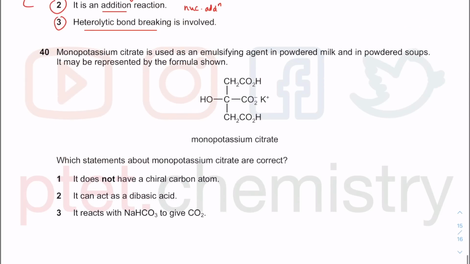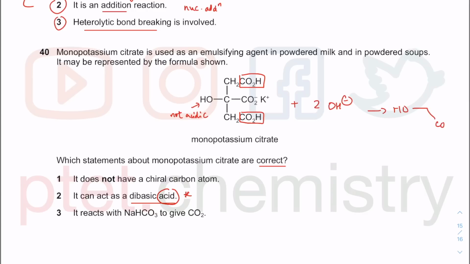The last question in this paper, we have monopotassium citrate and so on. Which statements about this is correct? It can act as a dibasic acid. Well, it can act as an acid, that's the first thing, because there is one there and there's two there. This thing is no longer acidic and the alcohol is not acidic. So that means dibasic means it can react with 2 moles of OH minus,